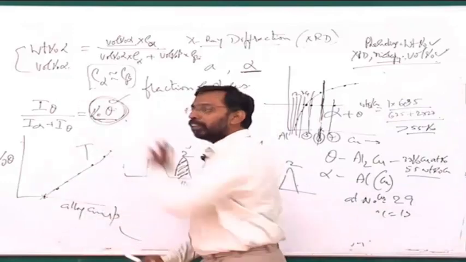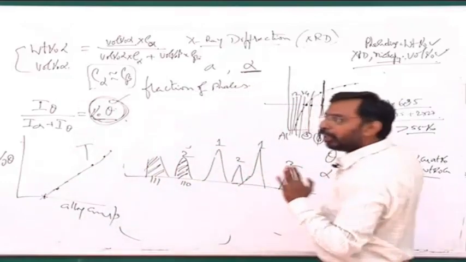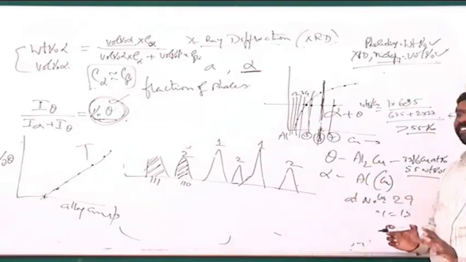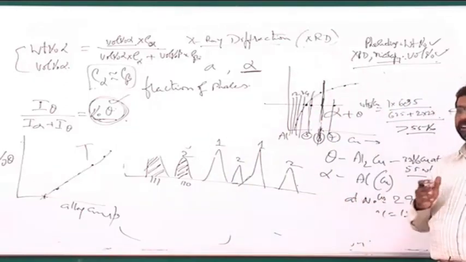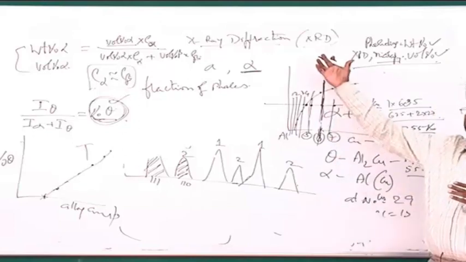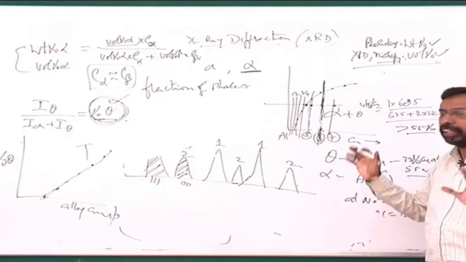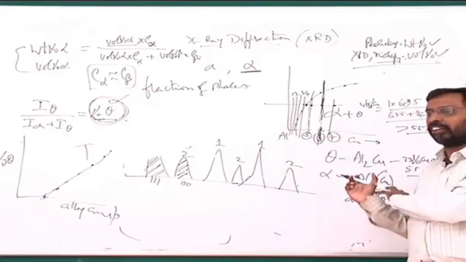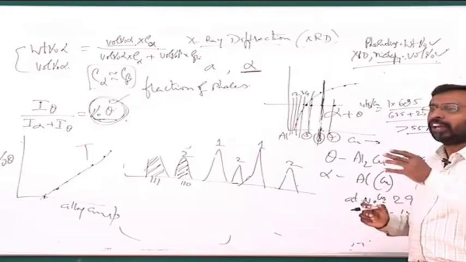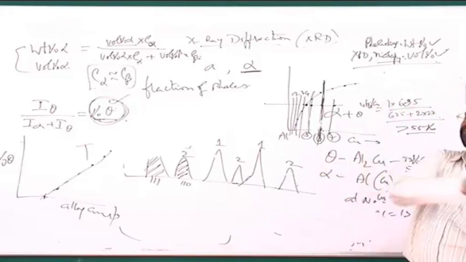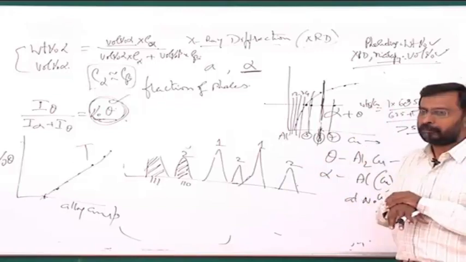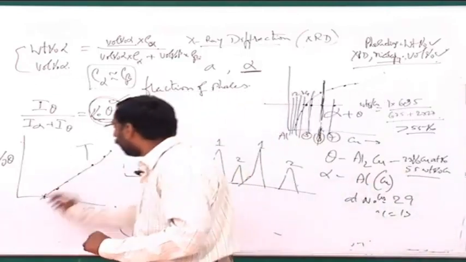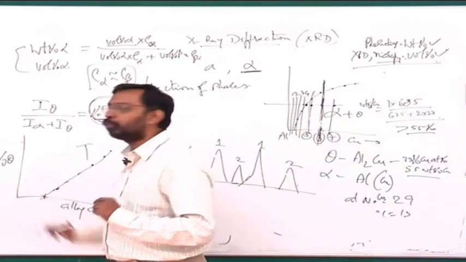In the previous method, I said we throw away all the alloys showing the second phase. We only consider the alloys showing single phase, calculate the lattice parameter and plot the lattice parameter. So these are the two techniques. One where from the phase fraction you can find out the second phase fraction. Second is a technique where we use the lattice parameter of the primary phase, which is the matrix phase. So any one of these techniques can give you this value, basically by extrapolating to where this goes to 0.